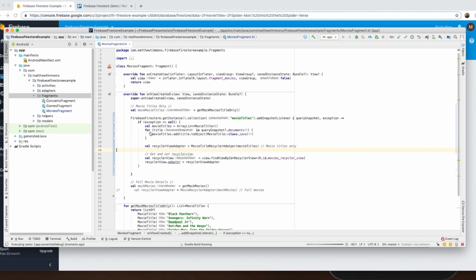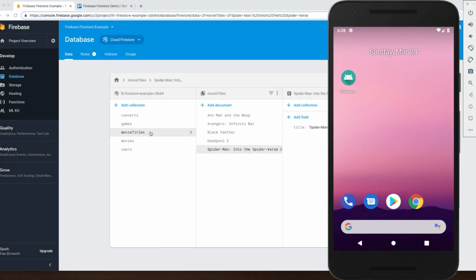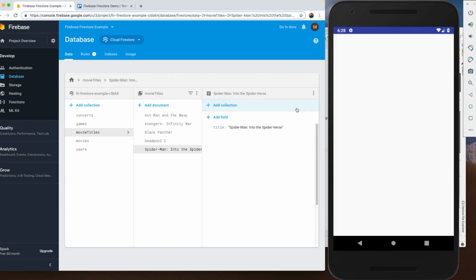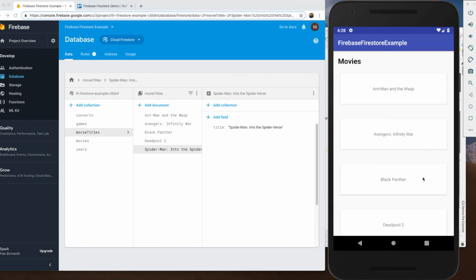Now once I run this, we should see the same thing that we saw before, except without asterisks, and it's going to be actually using live data from our database. Okay, great, so there's no asterisks, and the cool thing about the live data is that if I update it